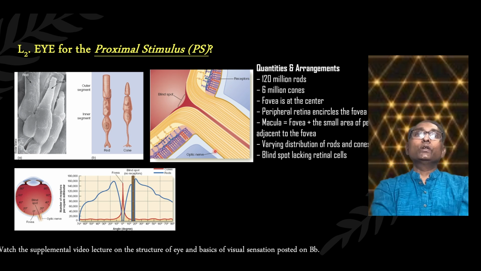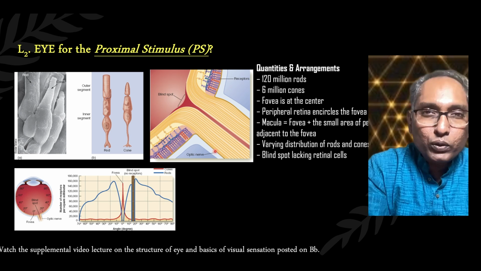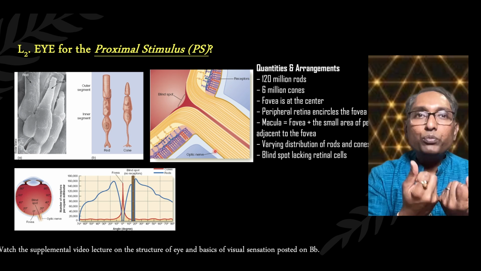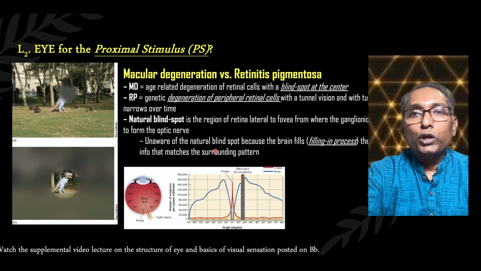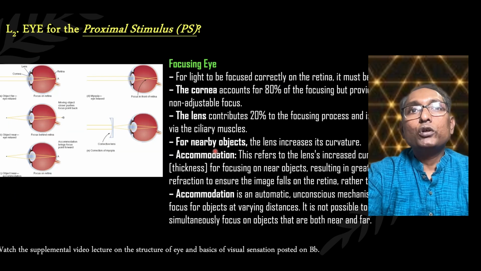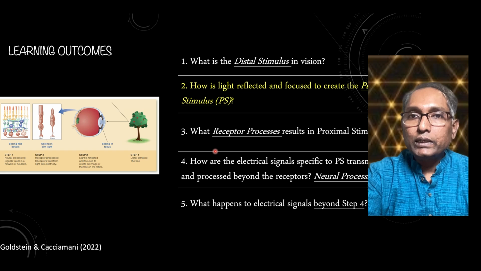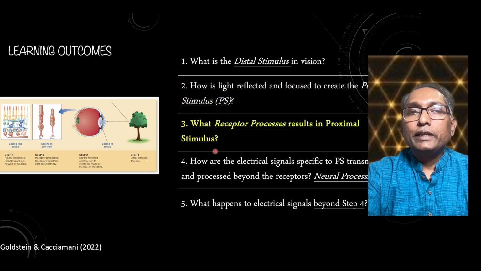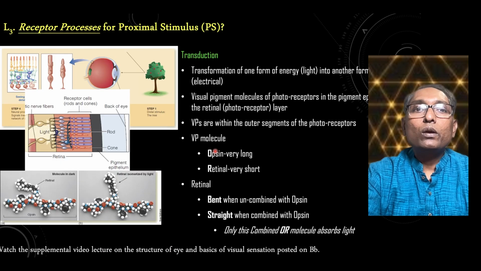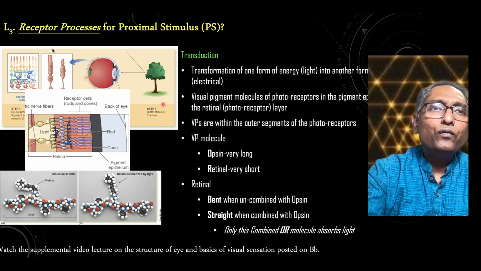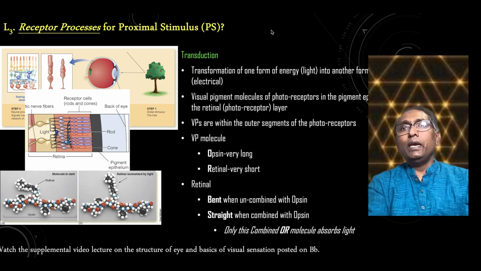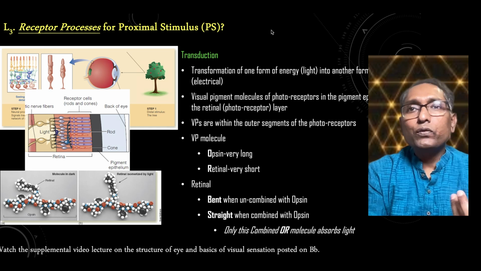In another video, you'll see how photoreceptors are distributed within the retina. We'll talk about the optic disc, focusing in the eye, the refractive errors, then the receptor process itself,